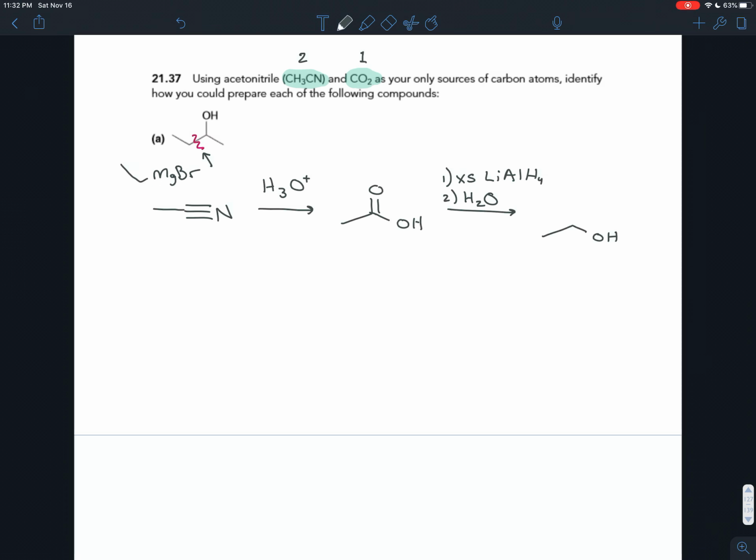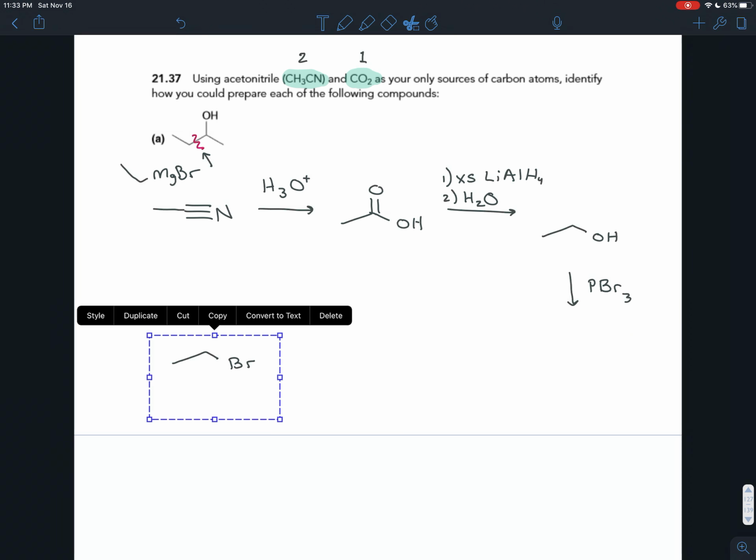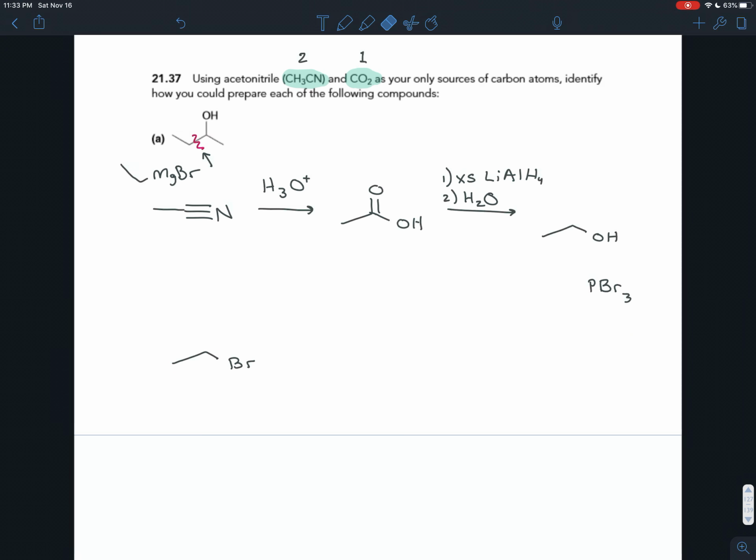And if we're trying to get our Grignard reagent, we need to replace that OH with a Br. And this is something you'd want to remember from the alcohol chapter. You can treat that with a molecule called phosphorus tribromide, and that replaces the OH with a Br. It really does it through a sort of SN2 reaction. Let me draw that out just for a second, and we'll go back to the synthesis. But what it looks like is